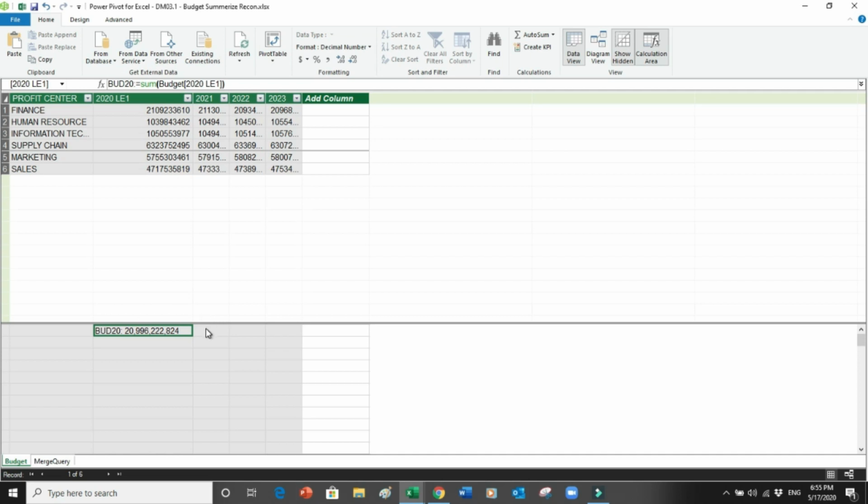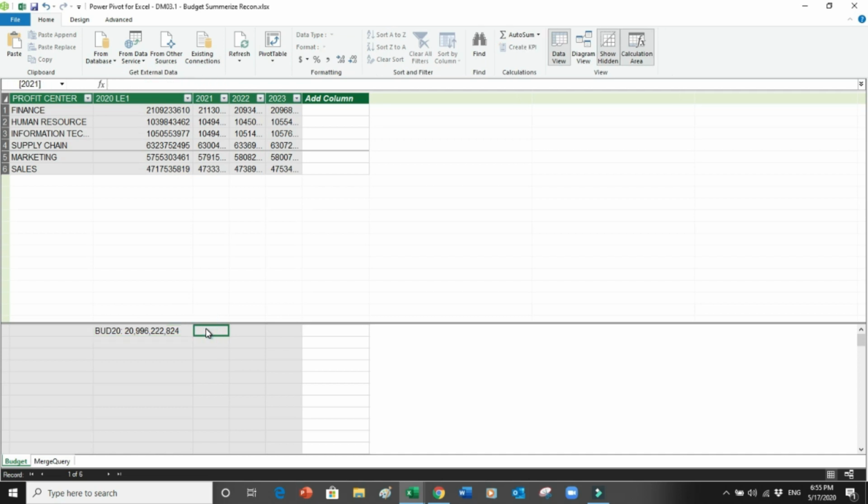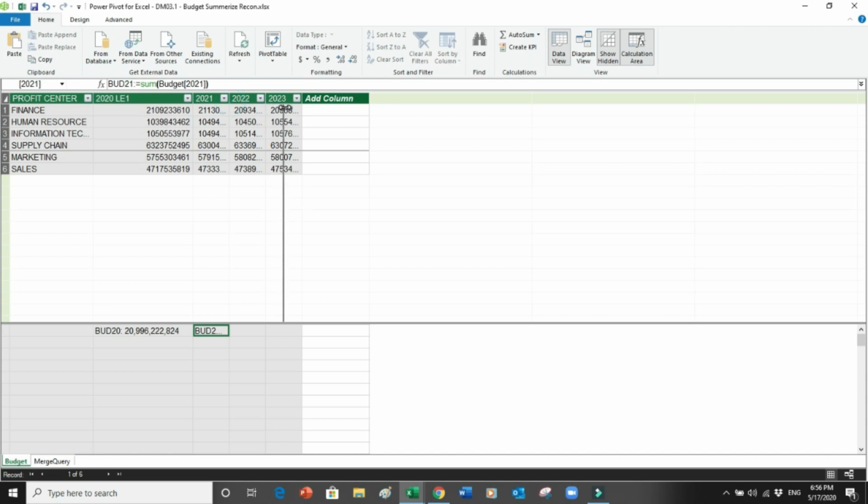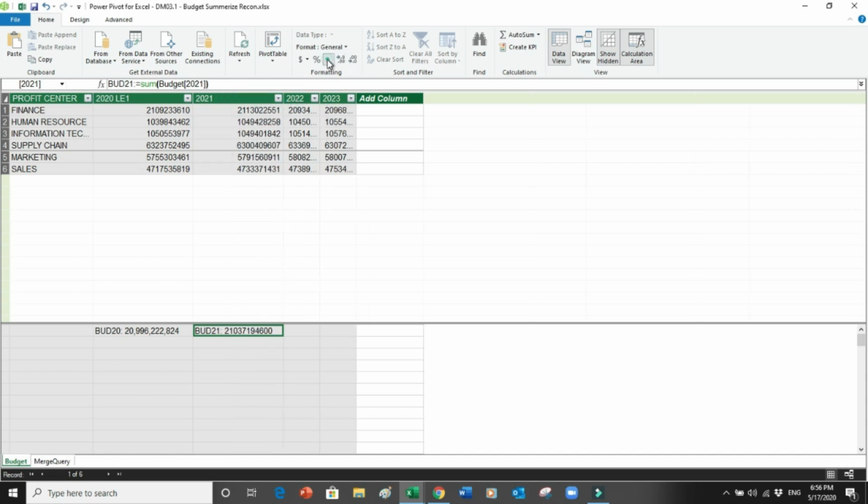Now I can put my cursor over here and want to summarize my 2021 for the budget number. These numbers, I want to summarize these numbers over here as a total. Okay, nothing new. So these are the 6 numbers which are added over here. Now I want to add these 6 numbers from my budget file over here. So I will say this is my budget numbers, BUD 21 colon is equals to sum bracket start, and I want to add 2021, enter, expand the column, do the formatting,